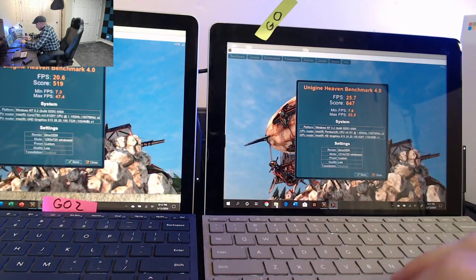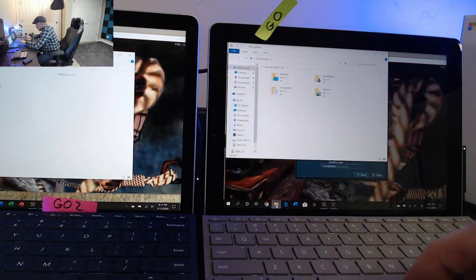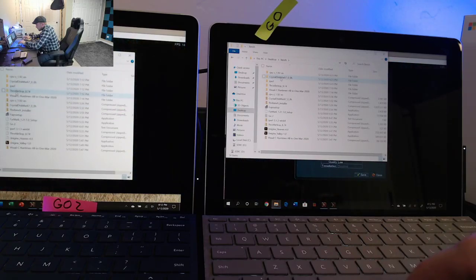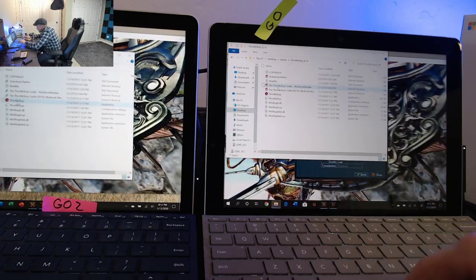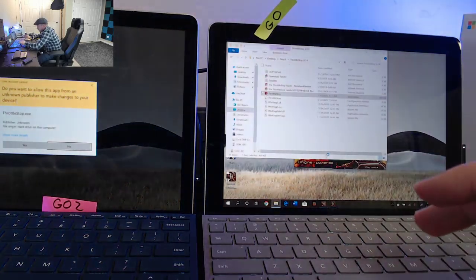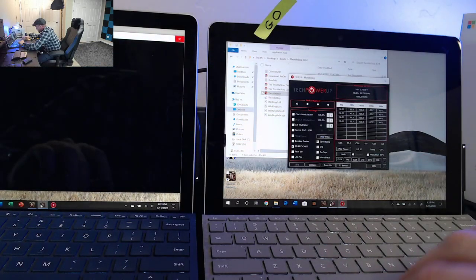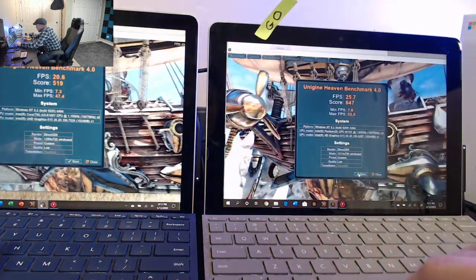So while that's still running, I'm going to open up Throttle Stop and let's see if we get any hints about what is going on with this thing. So the other question is, can this thing undervolt? The Surface Pro 7, and I've been meaning to make a video on this, they have locked down undervolting on the latest firmwares, which is kind of too bad that we have Plundervolt, and Plundervolt is a vulnerability that takes advantage of a CPU that's undervolted too far, that's unstable, and makes it